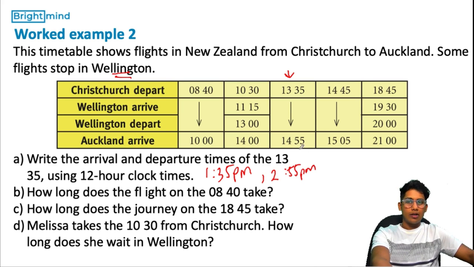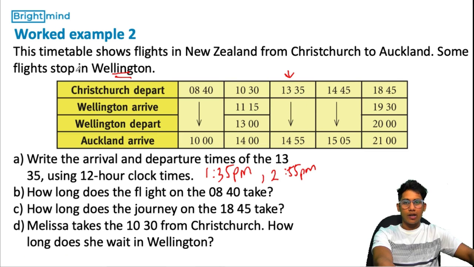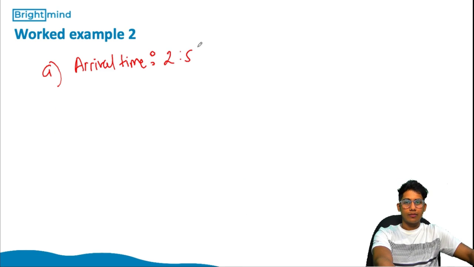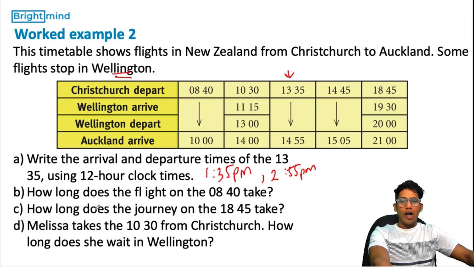All right. So what I'm going to do is I'm just going to write the answers over here neatly, right? So we have the arrival time. The arrival time is actually 2:55 p.m. and the departure time is actually 1:35 p.m. Okay, great. How long does the flight